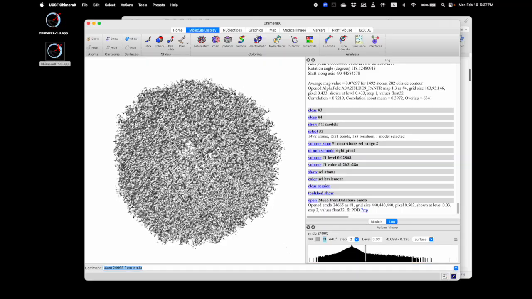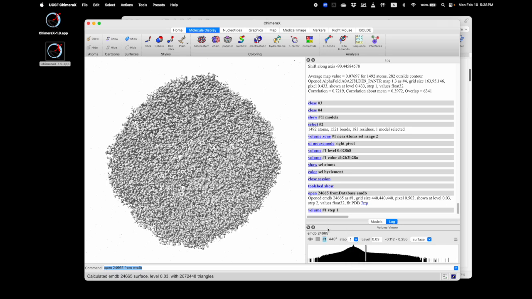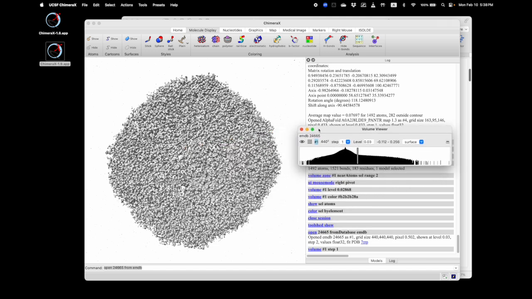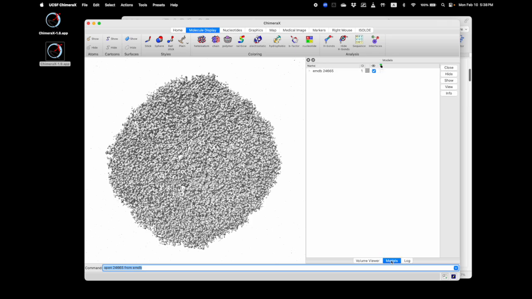Now it loads up really quick here because I had downloaded it before and it's cached in the downloads folder. By default, you will see a step of two. This is to save memory, but for the most detail, we change it to step of one. And you'll notice in ChimeraX, you have these floatable dialogues and you can redock them. I like to put them on top of each other